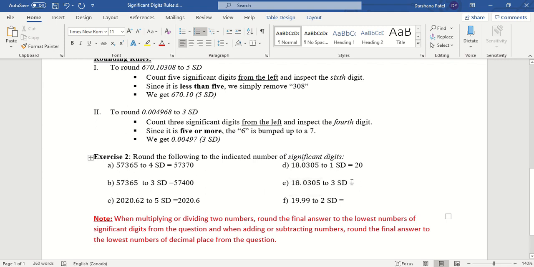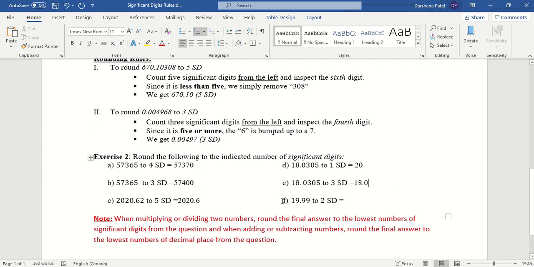Same number, if I want to make it 3 significant digits, I'll look at the 4th significant number which is a 3. It will not change the previous number. So my answer will be 18.0. It is closest to the given number and it has 3 significant digits. Is 18 and 18.0 the same? No, 18 has 2 significant digits, while 18.0 has 3 significant digits as we require.